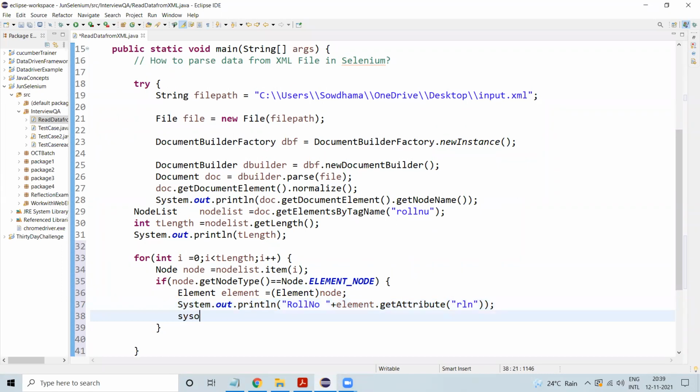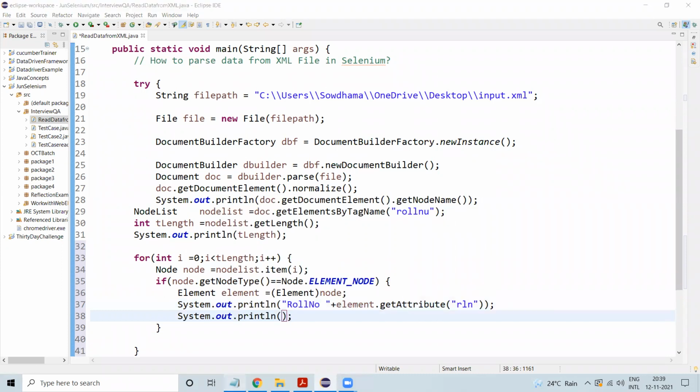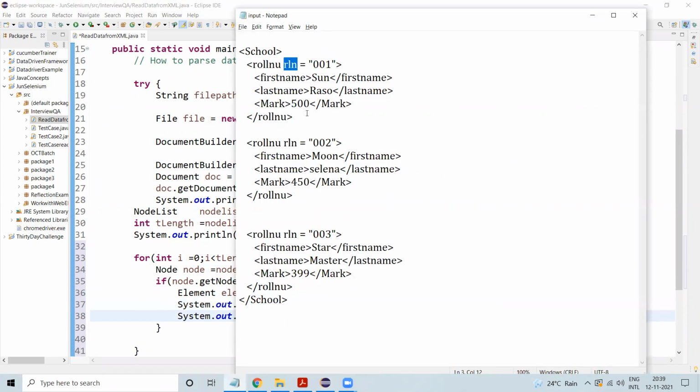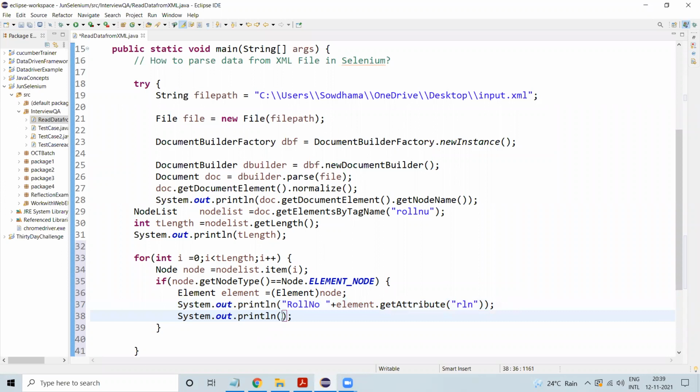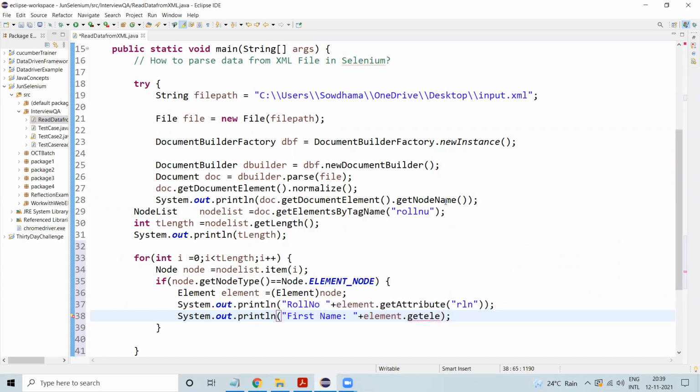The next ones I wanted to print are first name, last name and mark, right? So for first name, I will print first name and concatenate element dot get element by tag name.